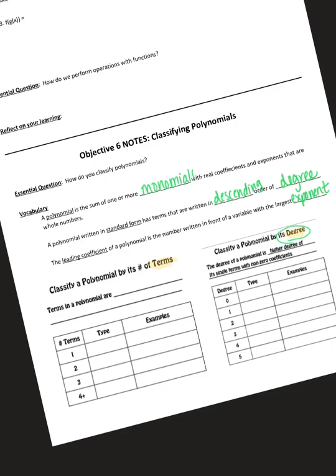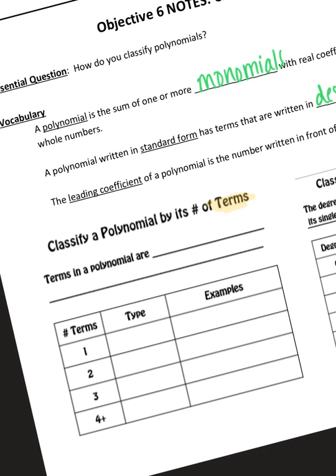So like I said, there are two ways to classify polynomials. You classify them by their terms and their degrees. And first we need to understand what terms are. So terms in a polynomial are monomials. So there's that word mono, meaning one. So monomials